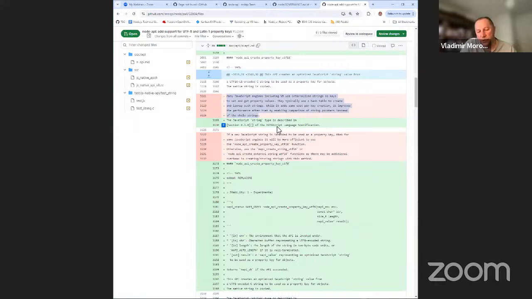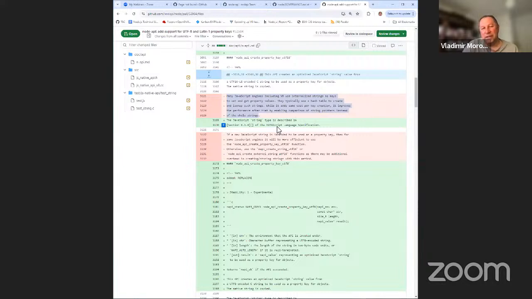And I also think it's not so important to talk about creation of this string itself, but more important what's more efficient to use to create properties and to access properties. I think the whole idea about this create property stuff was that this value can be more efficient for setting and getting property values.